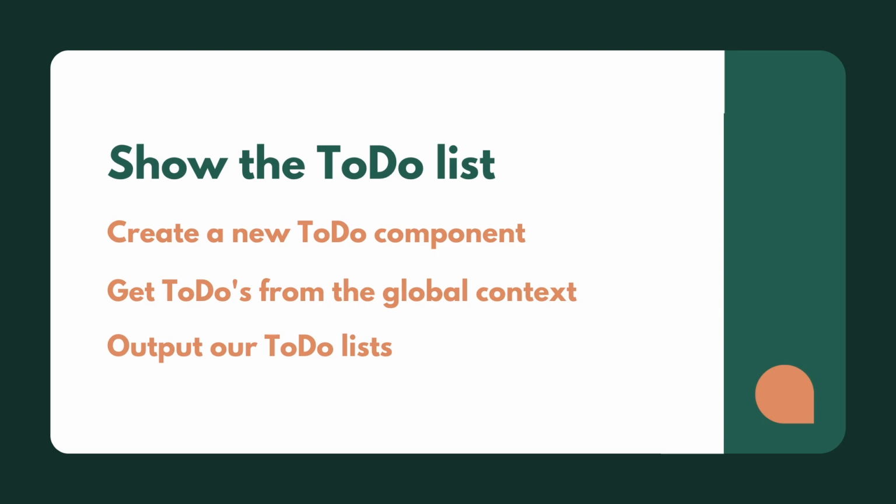So in this lesson, we're going to output our to-do list. We're going to show the to-dos. We're going to get them basically out there as a visual. We'll add in the functionality in later lessons, but for now, we just need to output them and show them